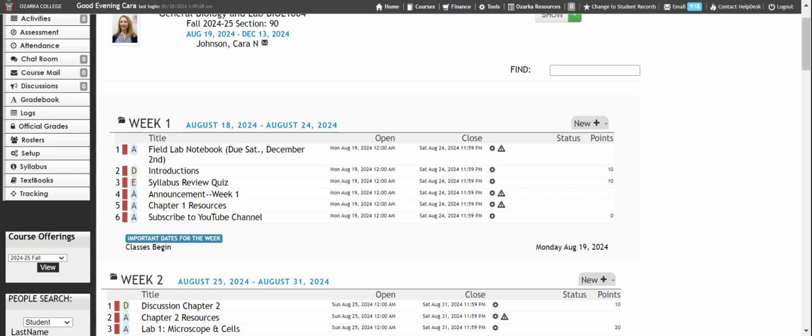So the points are coming from discussion assignments that are 10 points each. You have exams over the lecture material, which are 100 points each. And then you have lab assignments, which are 20 points each. There are review questions at the end of your chapters that will help you to study for your exams. I also recommend reading the chapters, going over the PowerPoints, and reading the little summary at the end of each chapter that we cover. I also have a study guide for each exam.